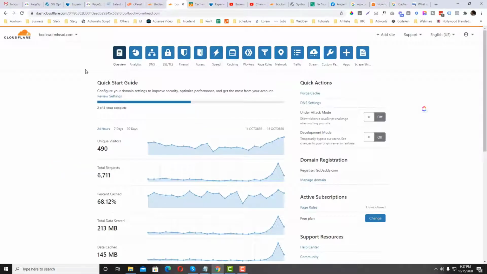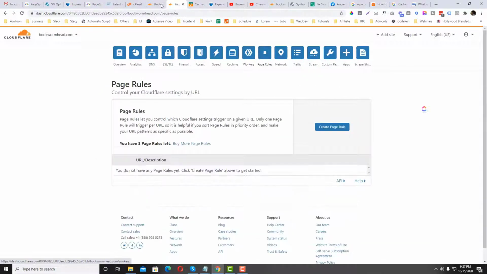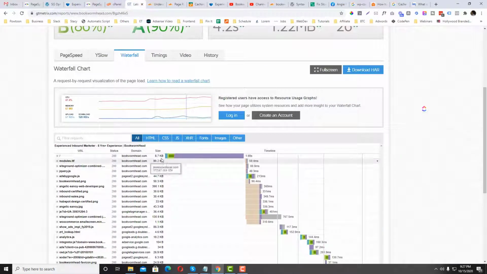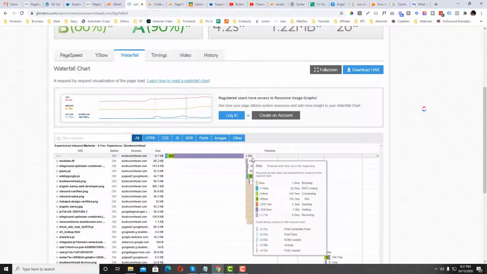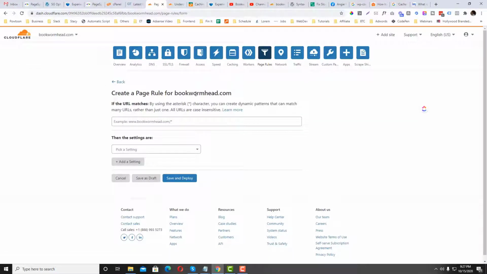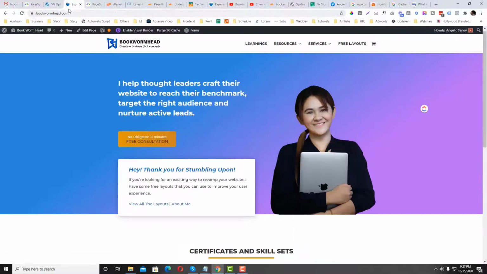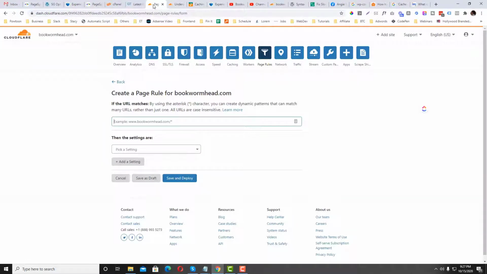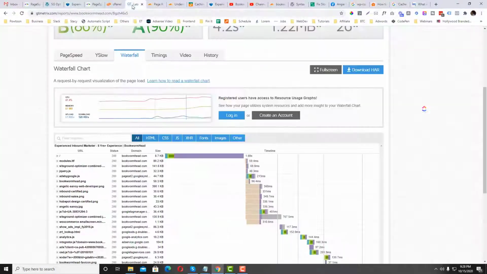Okay, so I'm gonna go into the page rules, because our goal is we want this to be improved. So I'm gonna go into the page rules and create a page rule. Now I only want to work on the home page. We will fix the other pages later, but I will work on the home page. Now I'm gonna set normally this one. So I'm gonna set